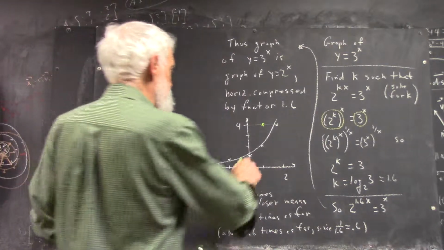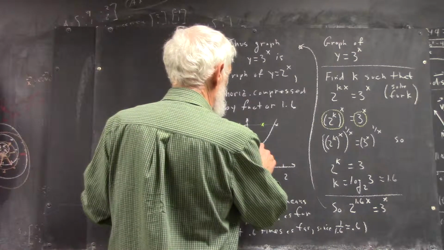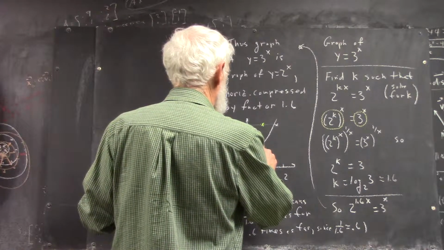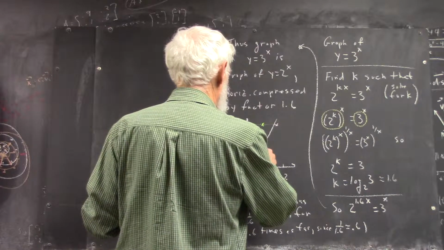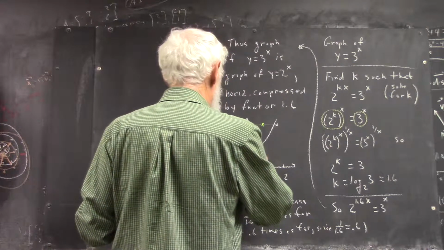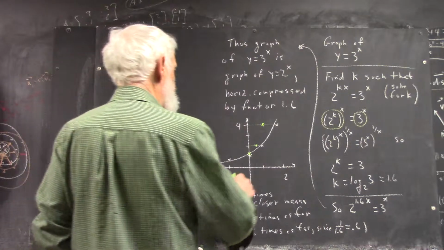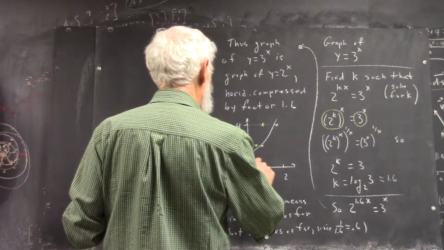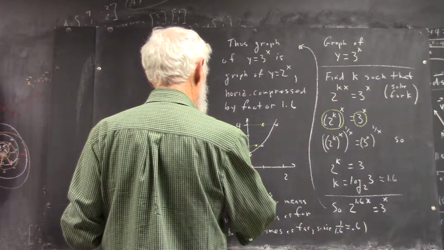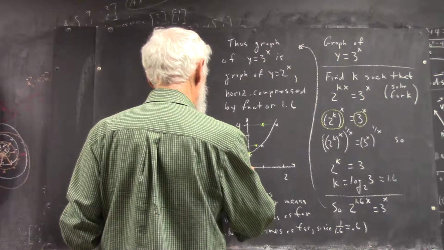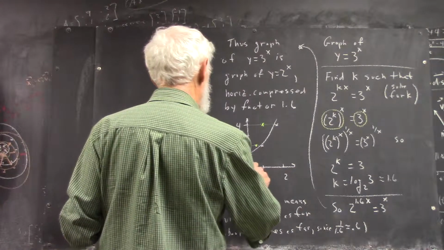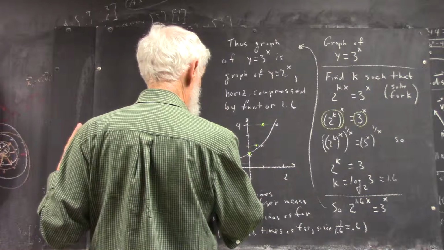Now for this one, we draw a little segment from here to here. Halfway is here. So 0.6 times would be maybe about here. This point isn't going to move. This point is going to move closer. Here's halfway, so it's going to move to about here. This point, halfway is obviously here. 0.6 here would be